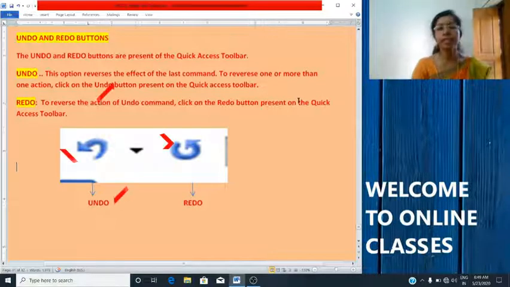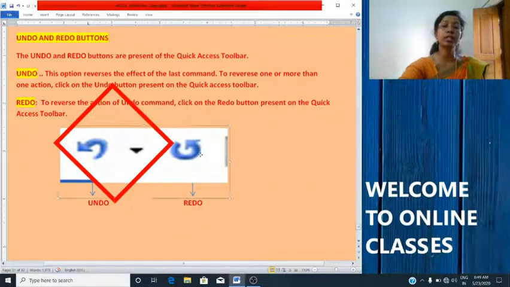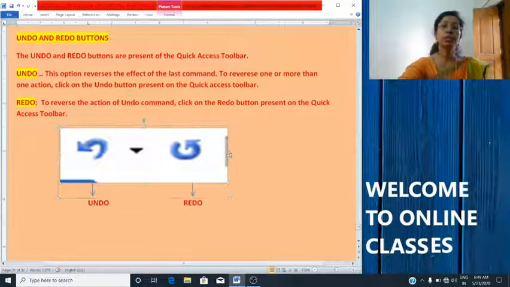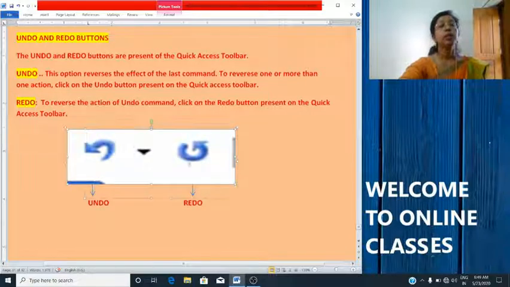Now we will study the undo and redo buttons. You can see the undo and redo buttons on the screen here.